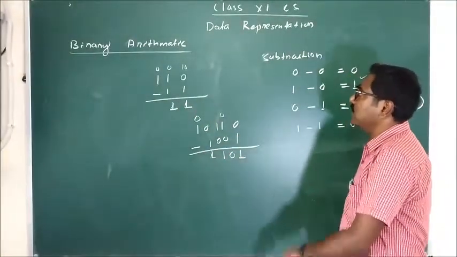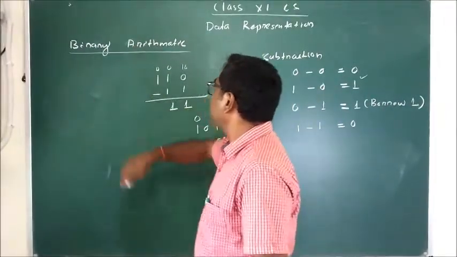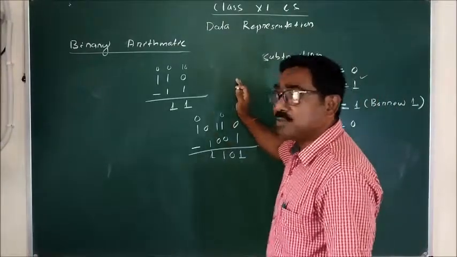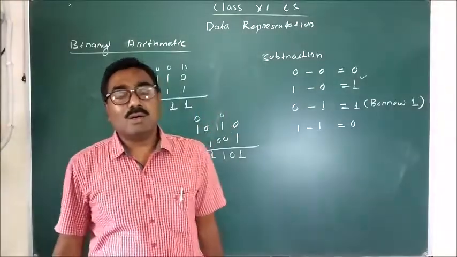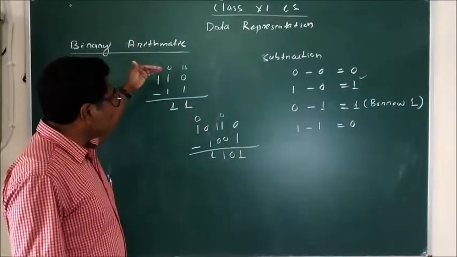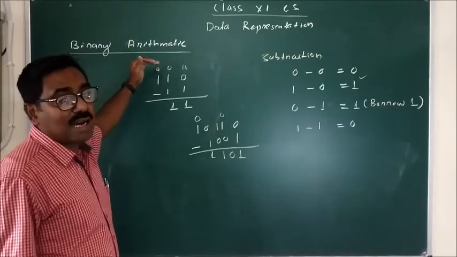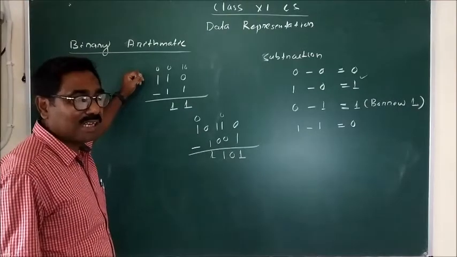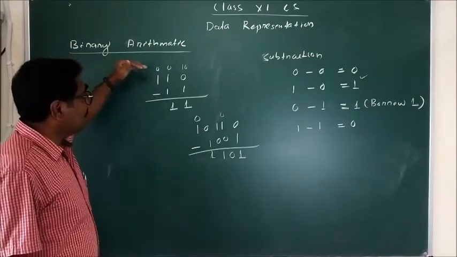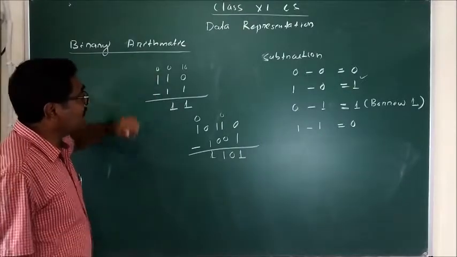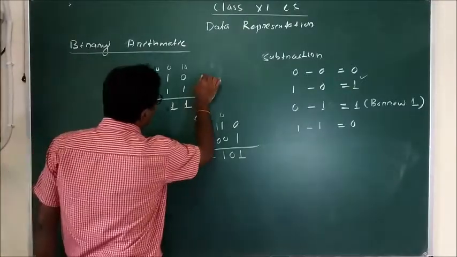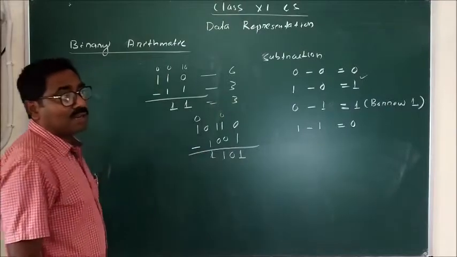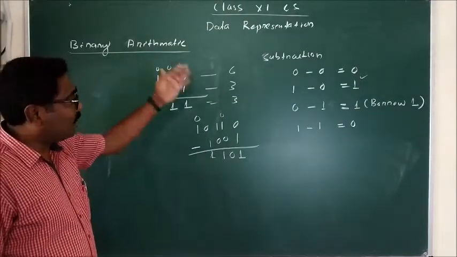So this is how we can do binary addition and binary subtraction. That's all for today. You have to practice some examples on your own, by taking your own examples. And if you are confused about whether your output is right or not, you can take the decimal equivalent of it. I just remember, for this you have to take 6 and this is 3. So 6 minus 3 is equal to 3. Like this, you can also verify your answer.